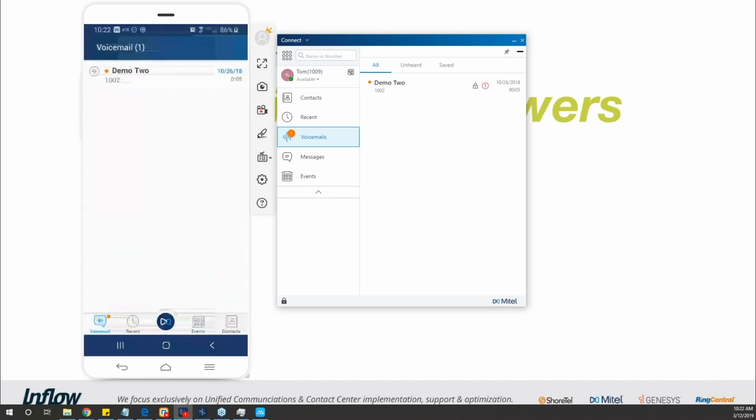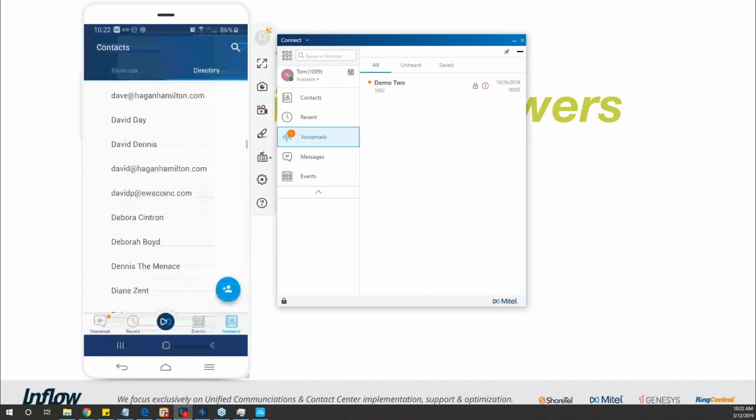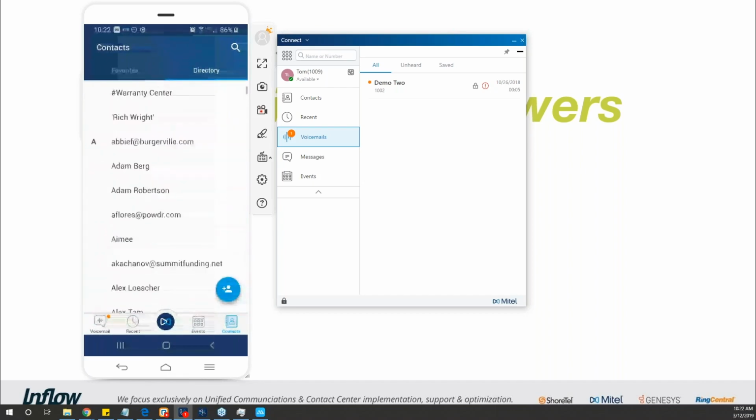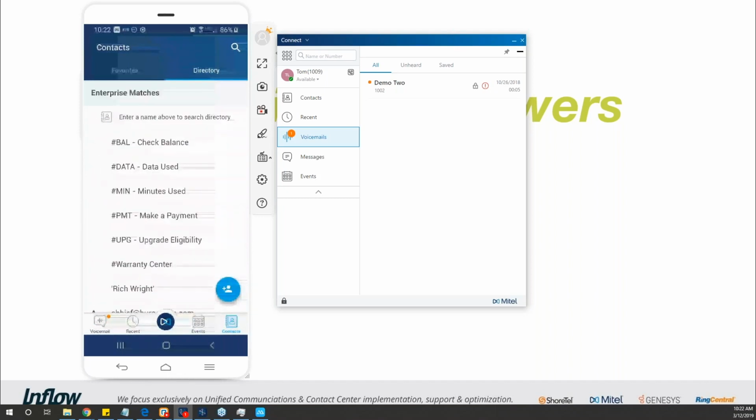And then we also have a contacts tab. The contacts tab will allow you to search for people. You can look through. So you do have the ability to search through pretty easily. And you can also, up at the top where it says enter a name, if you click on that,